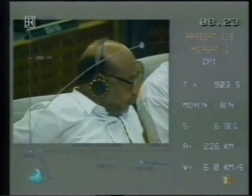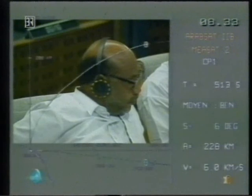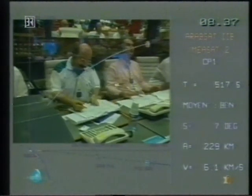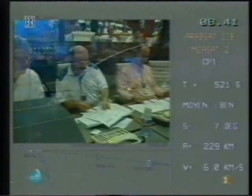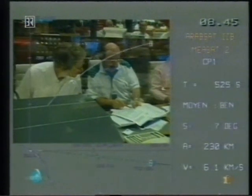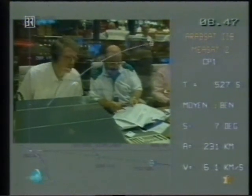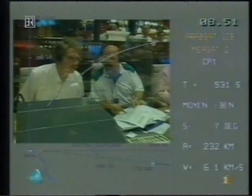Since then, Hughes has developed and launched 45 spinners of that type. This particular spinner, though, that is now on its way to becoming part of the Measat family, is, of course, a major evolution from that first satellite of 1963. This particular spinner is equipped with gallium arsenide solar cells, and these deliver 40% more payload power as compared to